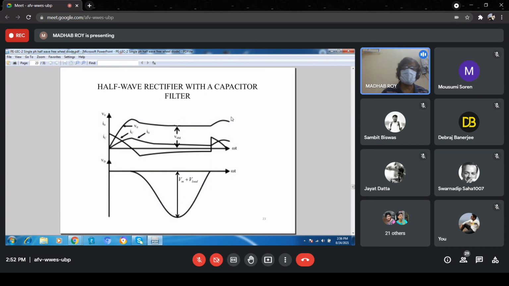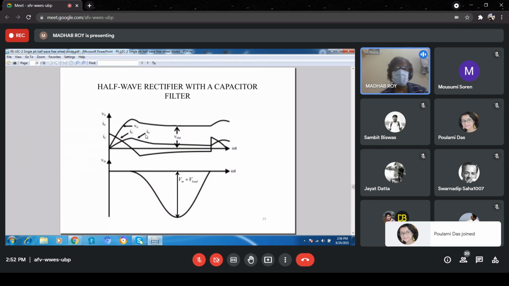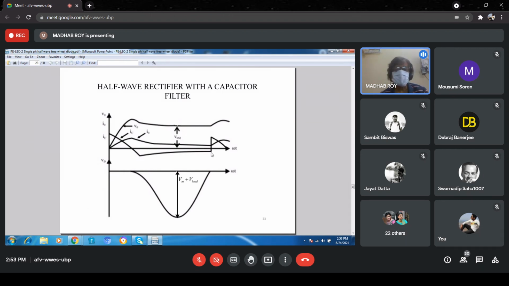And these are the different currents you can visualize. You have to see what the currents are here. This is the average current. This is the capacitor current, the individual capacitor current. This is the load current. Already we have seen this. And this is VM minus the load current.